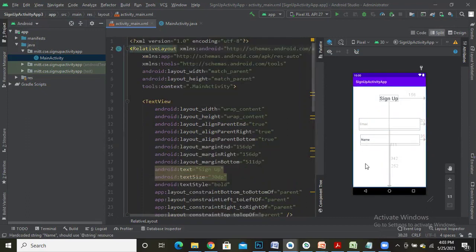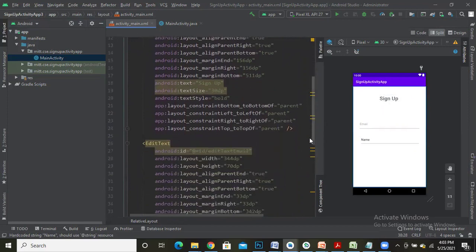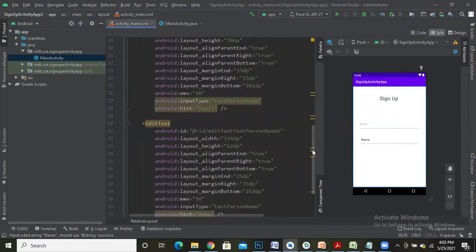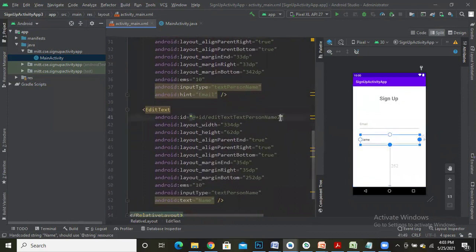At the hint, I have the name email, and the ID for this edit text box I had specified as edit text email. And similarly, one more edit text field got added. Let me change the ID of this edit text field to edit text PWD, which represents a password field.